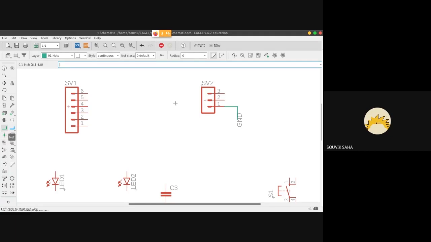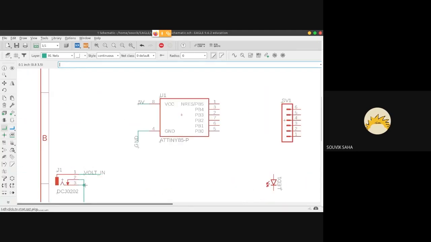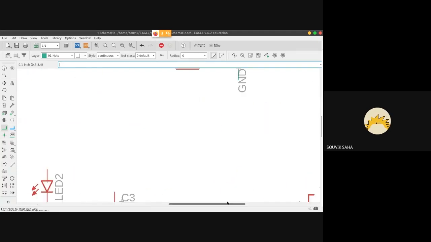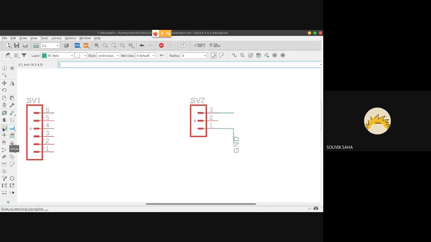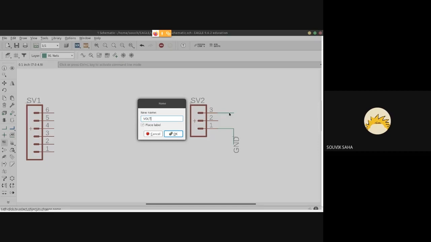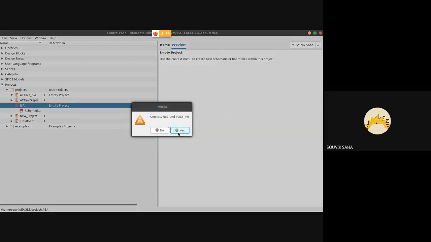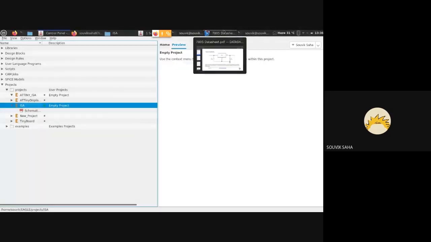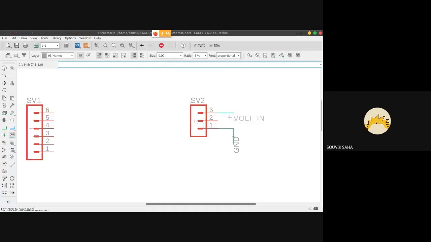Let's give pin 3 as V in, or whatever you've called this specific voltage, volt in, whatever it is. And give pin 2 to 5 volts.